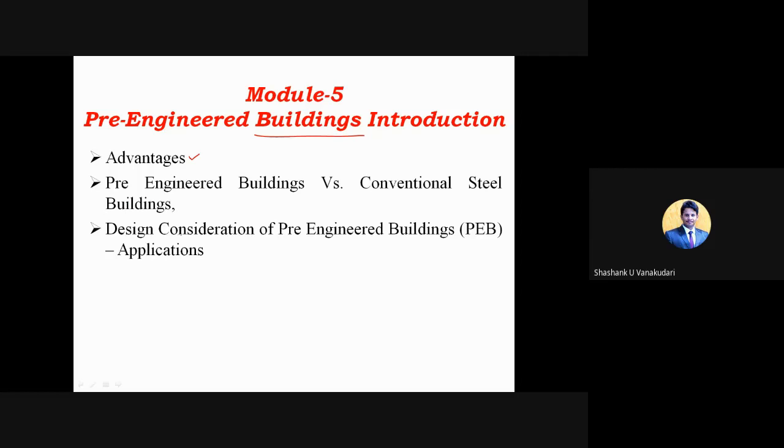Okay, and design considerations of pre-engineered building, and then the applications. Design considerations means how we need to consider the load, and how we need to consider the joints. The basic thing we need to concentrate on in pre-engineered building is providing the joints, because where exactly do you need to provide the joint? Think that this is a column structure. Where are you going to provide the erecting joints? Because you can't lift directly from the bottom of these elements, right? So you need to provide certain hooks, and providing the hooks depends upon the length as well as the weight of the members.